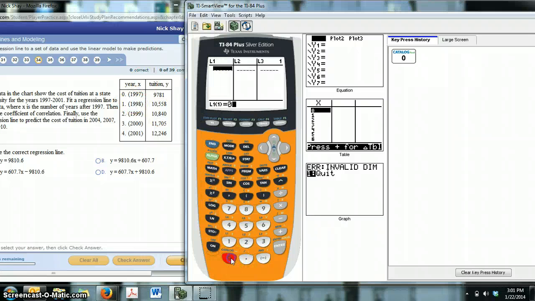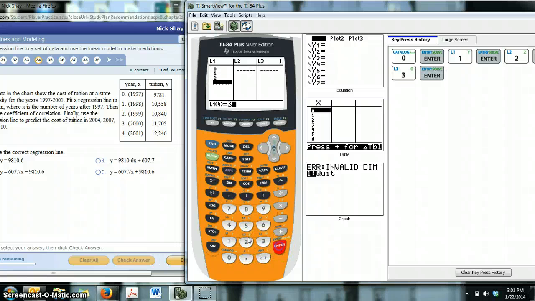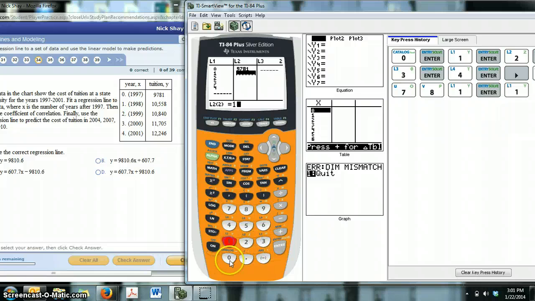I'm going to do the first column first. It's going to be 0, enter, 1, enter, 2, enter, 3, enter, 4, enter. Notice you're not putting the actual years in here. You are just putting these numbers. 0 corresponds to 1997. So when we hit the right arrow key, it's 97, 81, enter, and 10, 5, 5, 8, enter, 10,